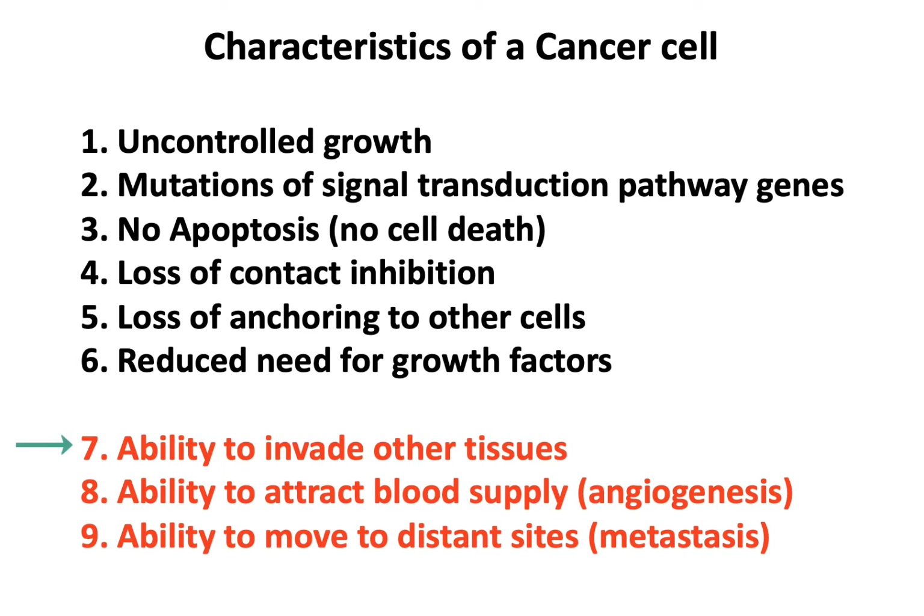They become even more dangerous when they start to invade other tissues, so they'll then start to affect the functioning of those other tissues. The second is angiogenesis, or the ability to attract blood vessels to themselves. And then the third is metastasis, that is, starting to colonize other parts of that organism and then affect those organs. And that's when they become very dangerous.